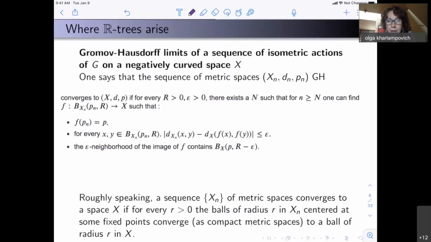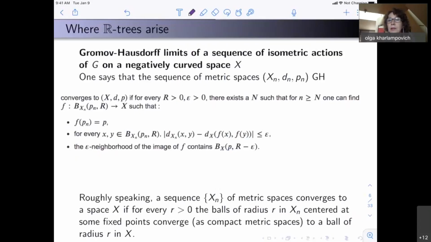Let me first say, roughly speaking, that a sequence X_n of metric spaces converges to a space X if for every r, the balls of radius r in X_n centered at some fixed point converge, as compact metric spaces, to a ball of radius r in X. More precisely, we have a sequence of metric spaces with metrics and some fixed point in each space, and it converges to a pointed space X with metric d and point p,